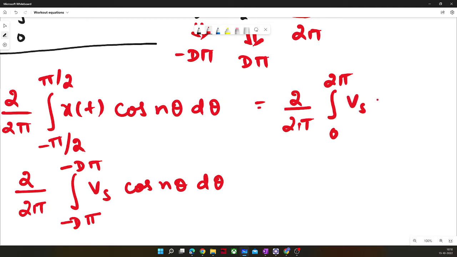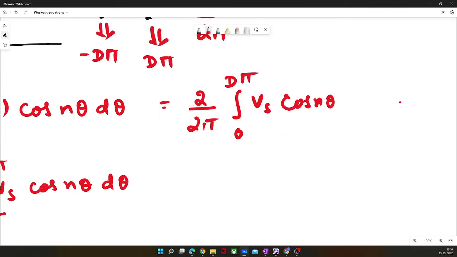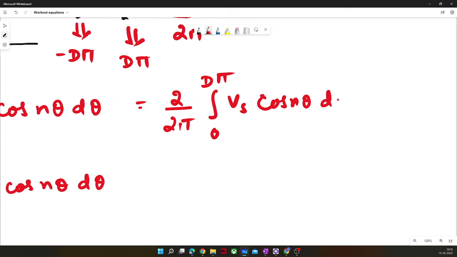Sorry, 0 to 2 pi, but there will not be signal for the entire period. So 0 to d pi, Vs cos n theta d theta,